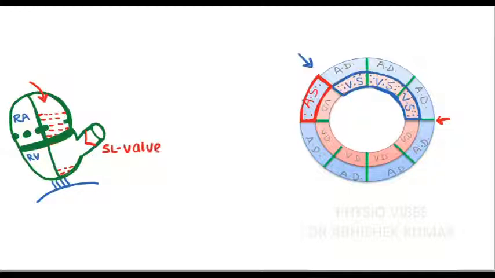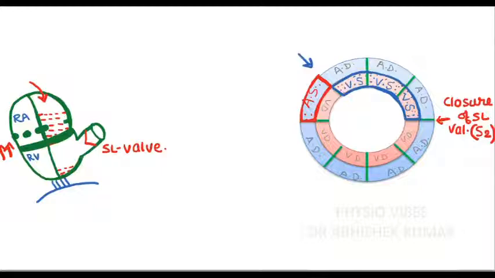So at this very point, closure of semilunar valve, which produces second heart sound S2. Now the ventricles begin to relax. As the ventricles begin to relax, the AV septum is now pulled upwards. Now as the AV septum is pulled upwards, the diameter of the atria again decreases,